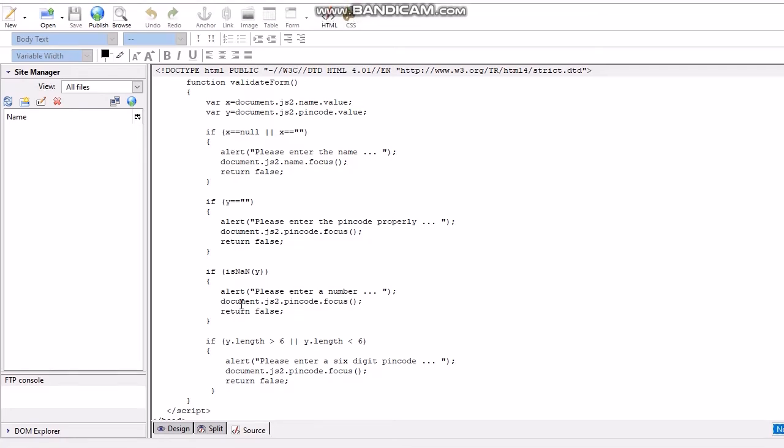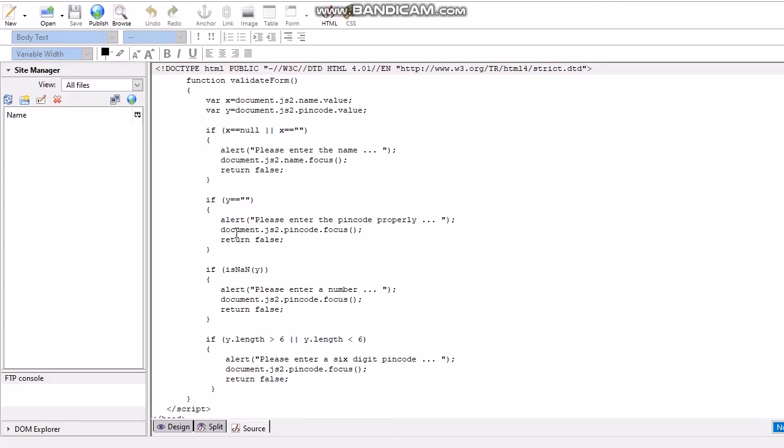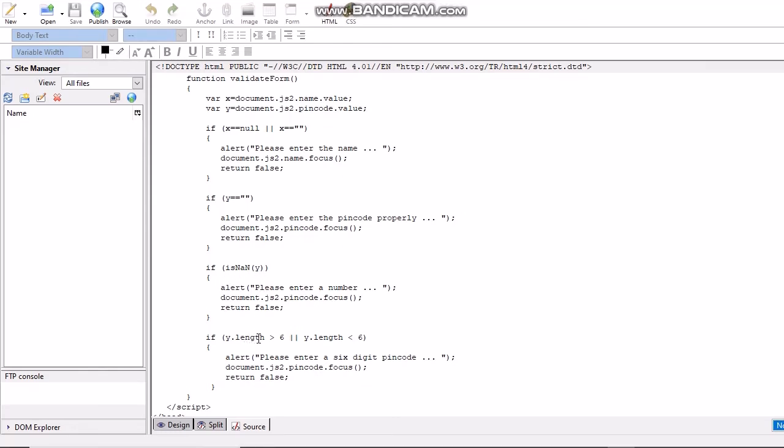So in this JavaScript, the first if statement checks for the name field to be blank. The second, third and fourth if statements check for the pin code field to be blank, or if it is not a number, or if the length of the pin code is greater than 6 or less than 6.